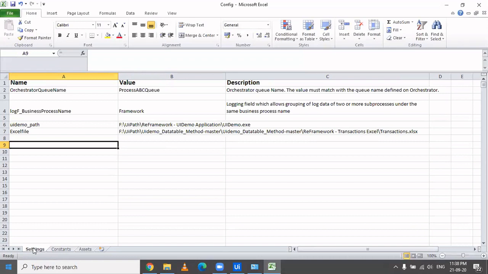They have just provided a standard you can follow, because then everything looks more structured. And the REFramework would also work.